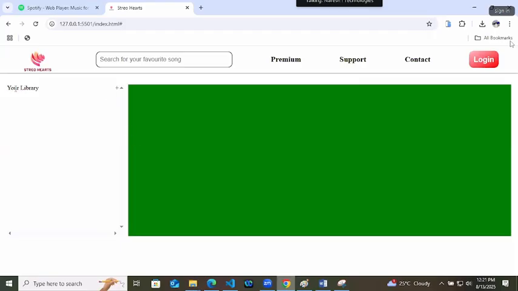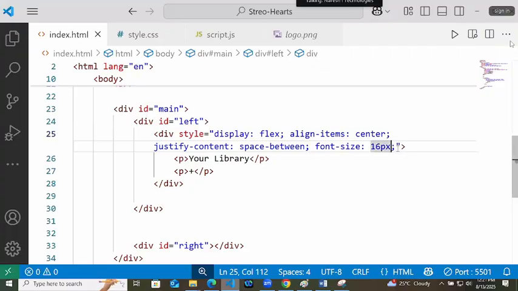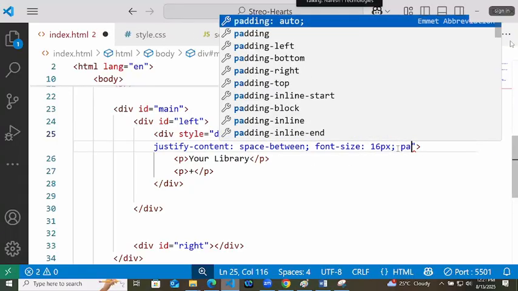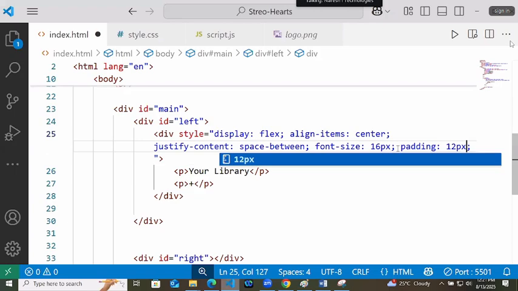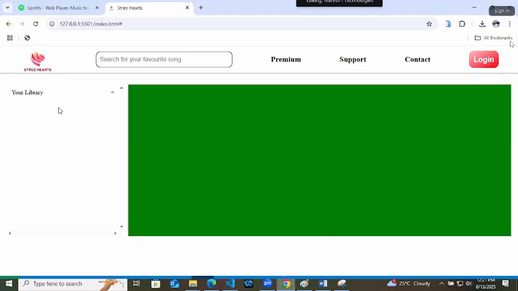So here you got this, your library and this plus icon. You can give a padding to this div of 12 pixel so that it will leave some space. So you are getting the your library and this plus icon here.